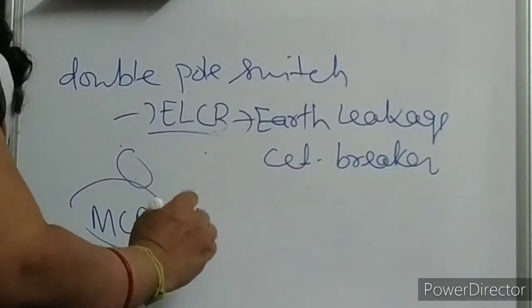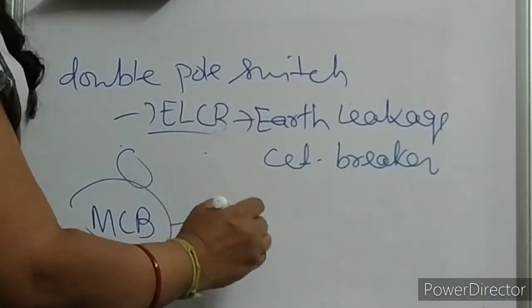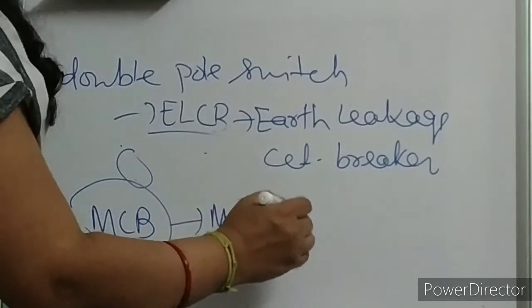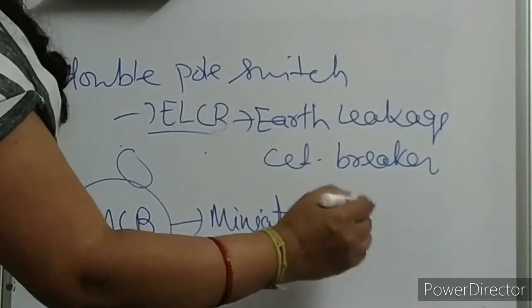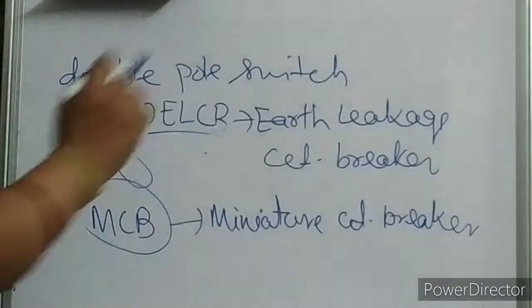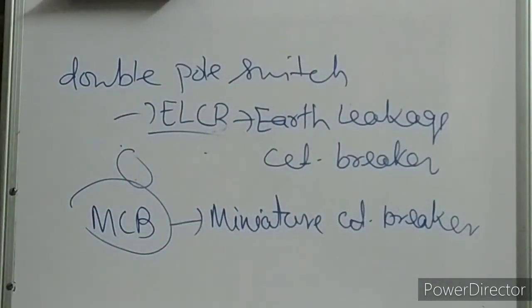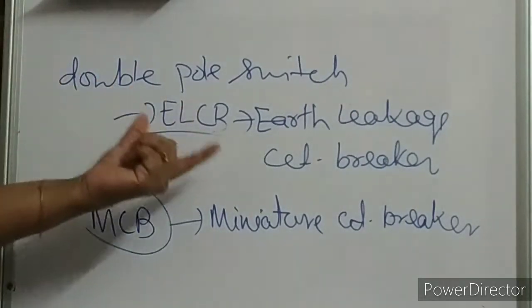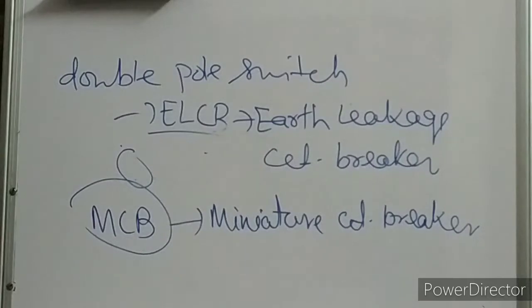Okay, MCB is miniature circuit breaker. I am not going into the detail, children, because it will be too much for you. Hope I am clear with this. We have discussed how from the power station the supply reaches our rooms, how it is getting connected and what is happening exactly.